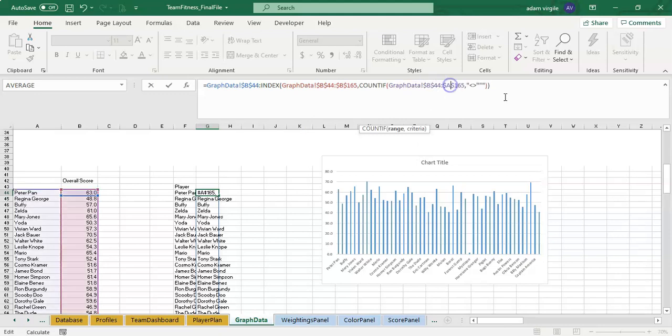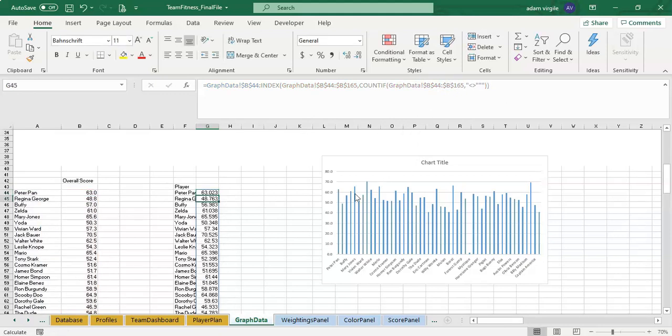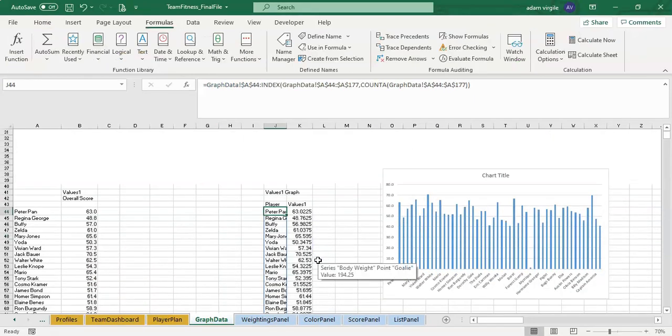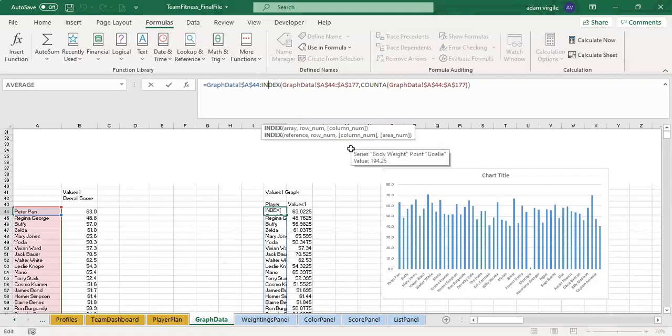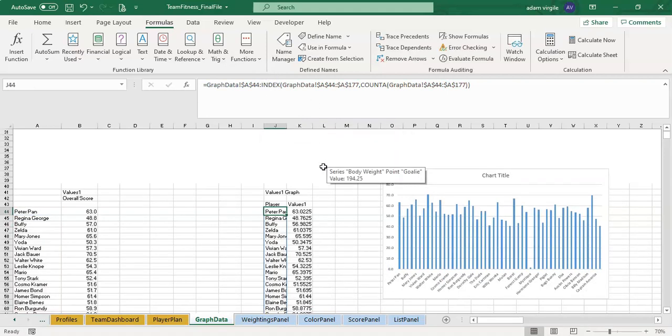So now we're moving on to the B's. Enter. Now here are the values. So that's one way that we can do it. In a different way that I find easier and actually more beneficial,